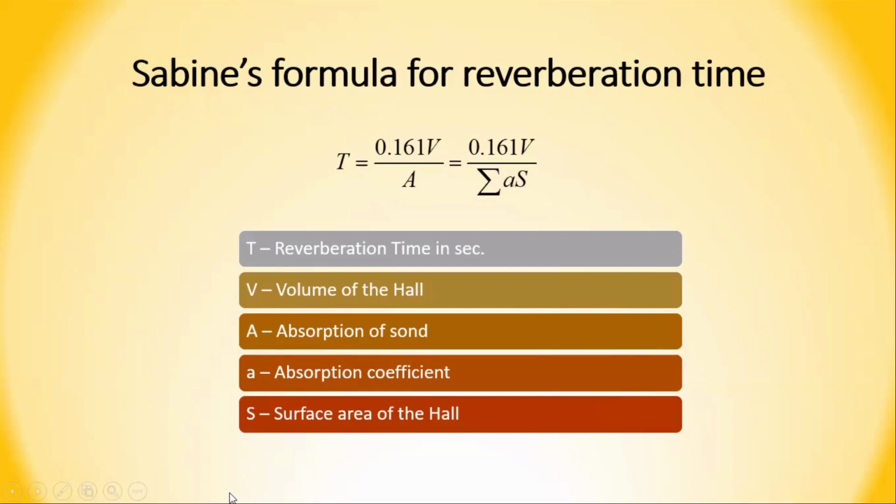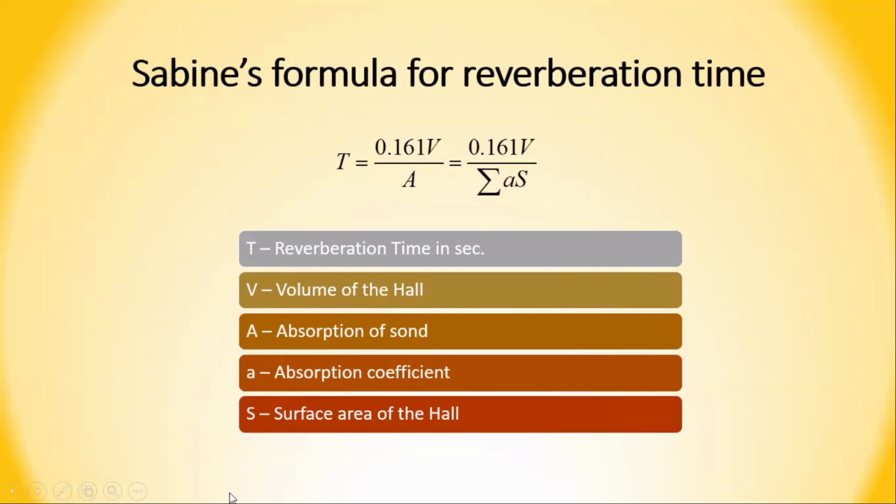So that kind of condition, when your reverberation time is very low, beyond the optimum level, that room we call a dead room. What do you mean by a dead room? In a dead room, the reverberation time will be very low. So in that case, there will be no reflection of the sound waves, due to which the audience may not hear the sound waves that are produced, right? So, as I told you, during the construction of the auditorium, the acoustics is taken into consideration, right?